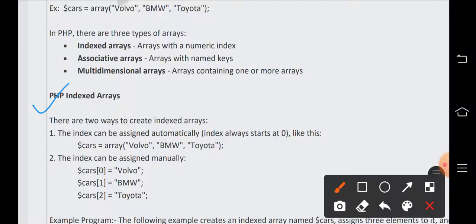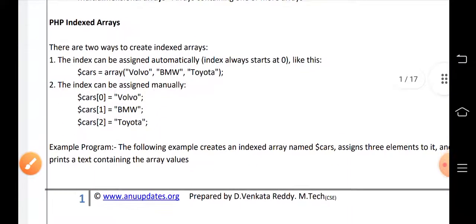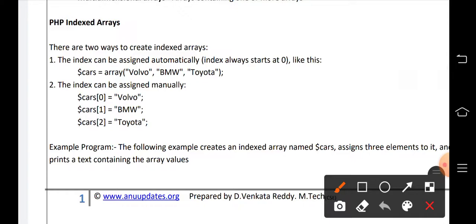In order to create these indexed arrays, we have two ways. The first one is that the index can be assigned automatically. Index means the location 0, 1, 2. You can see here the syntax.